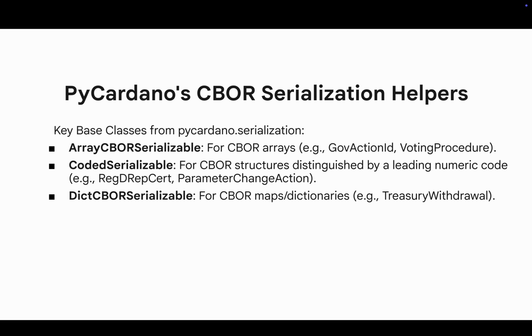PyCardano's robust handling of CBOR is further supported by a set of base serializable classes. ArrayCBORSerializable is used for data types represented as arrays. CodedSerializable is for types that are tagged unions or structures with a leading numerical code, like different kinds of certificates. And DictCBORSerializable handles map-based structures. These helpers ensure that all data structures adhere strictly to their CDDL specifications, including correct numeric codes and handling of